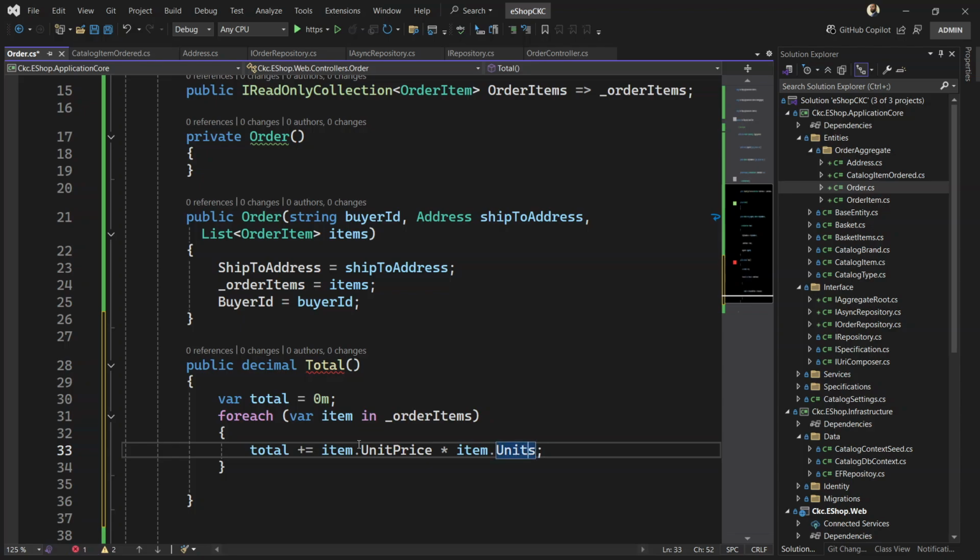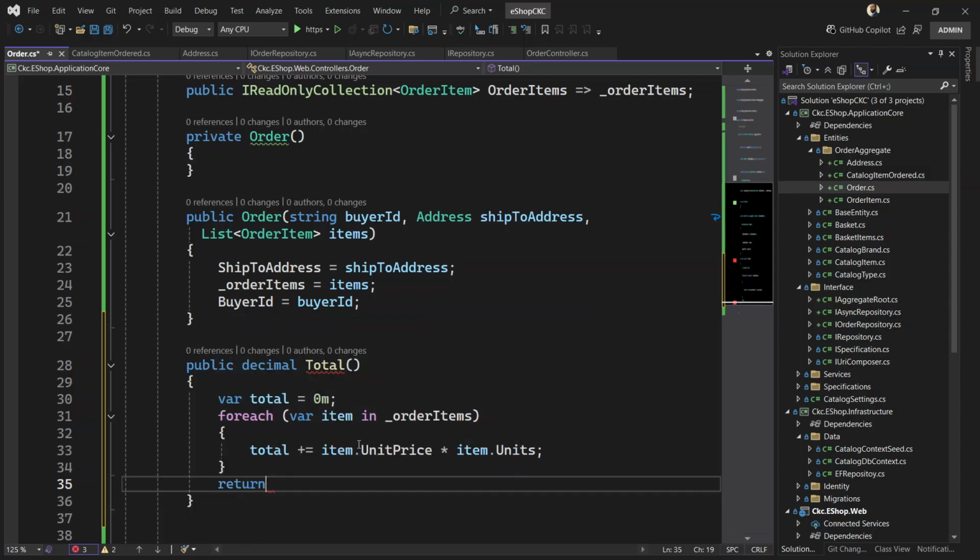So with this being done, let's just try to return it. And let's just return the value. So we have just returned the total. So this being done,